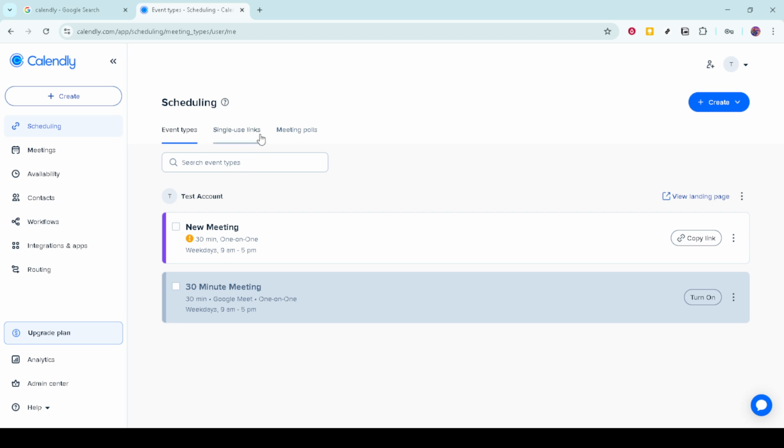Now, once you're in your account, you'll want to navigate to the Integrations and Apps section. You'll find this in the menu, and it's essentially your gateway to connecting Calendly with other applications. This integration step is crucial because it enables different platforms to communicate with each other, saving you time and effort